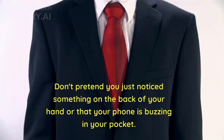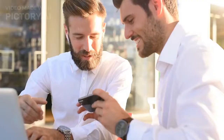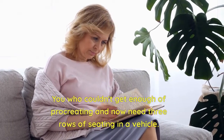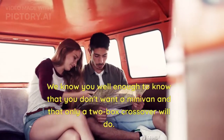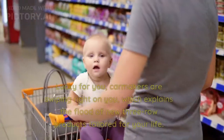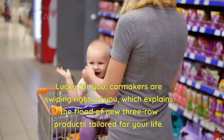Hey, you. Yes, you. Don't pretend you just noticed something on the back of your hand or that your phone is buzzing in your pocket. We're talking to you. You who couldn't get enough of procreating and now need 3 rows of seating in a vehicle. We know you well enough to know that you don't want a minivan and that only a 2-box crossover will do. Lucky for you, car makers are swiping right on you, which explains the flood of new 3-row products